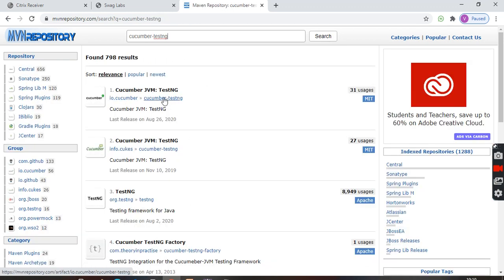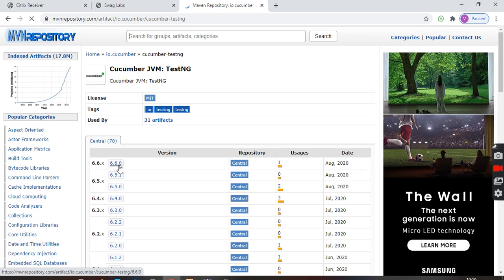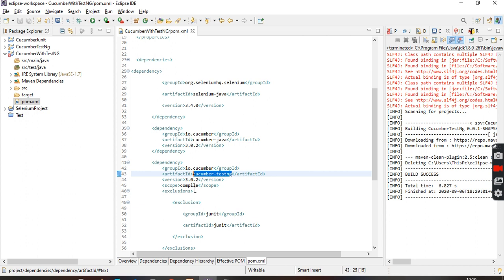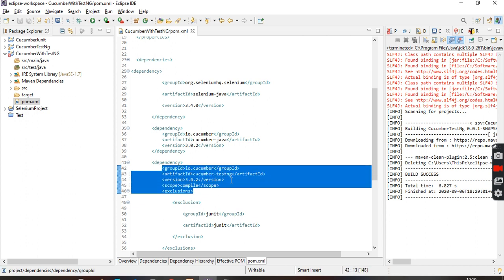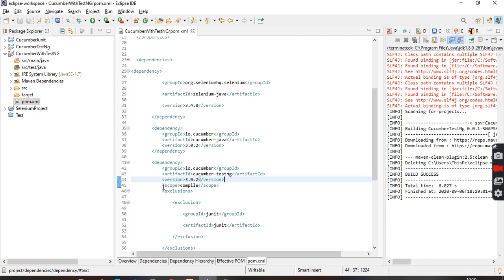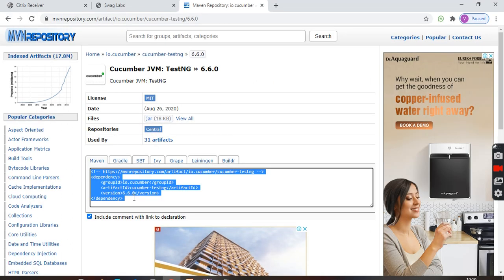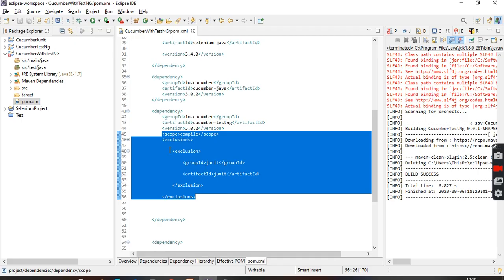Which one do I want to use? This one, IO, right? Go here, copy this one. Okay, and done. This is the Cucumber TestNG. Again, plus something you added extra. What is this actually? This is not in this particular XML here. The XML only has this much, but you added something extra.